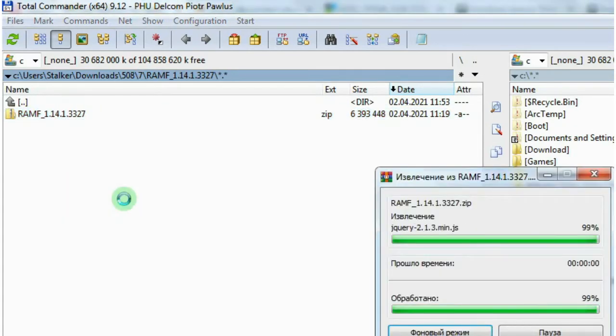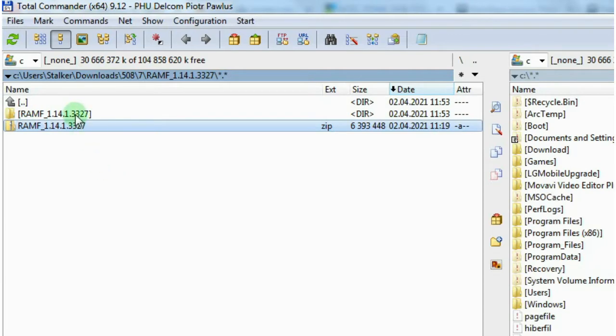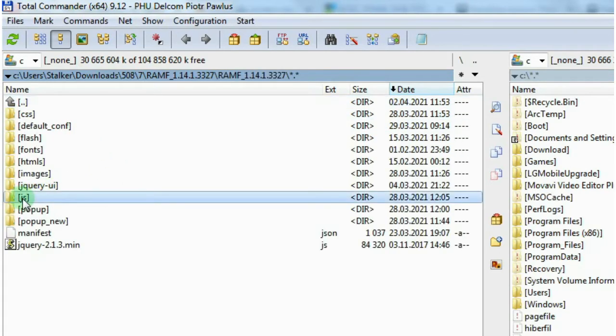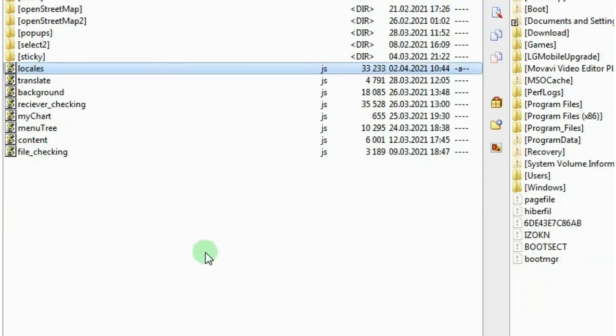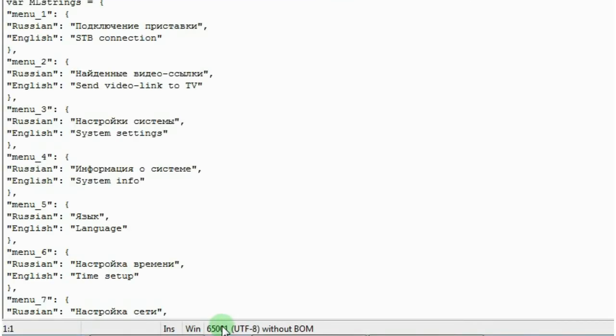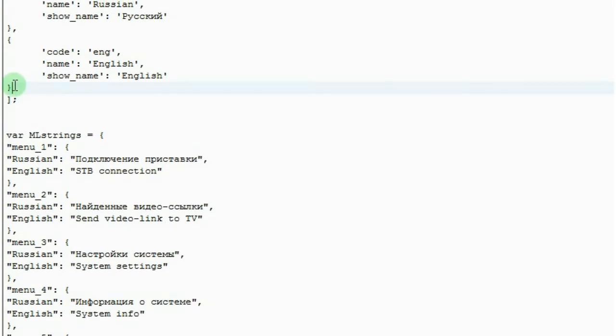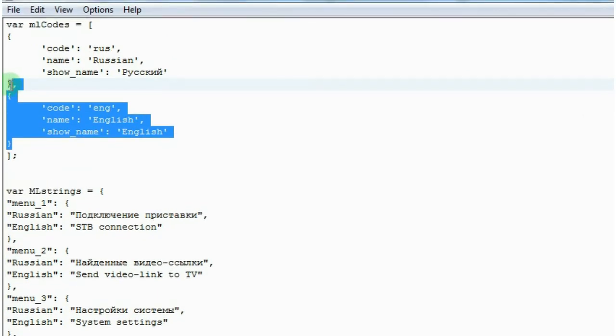Let's begin with the question of new language support. Go to the folder, open the file locales. Add German language.